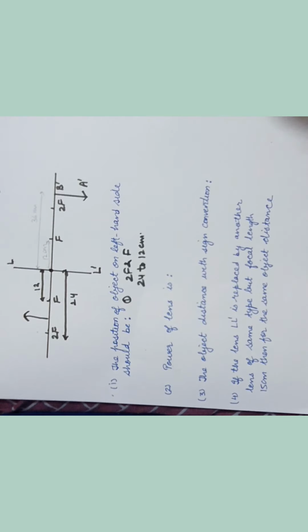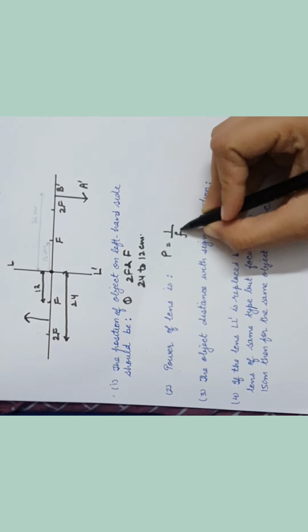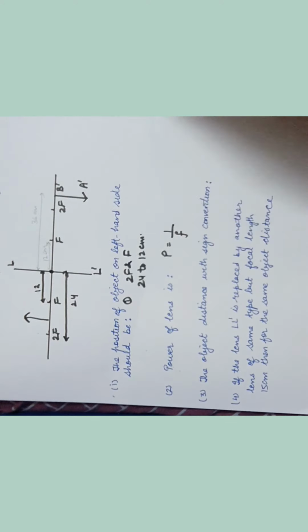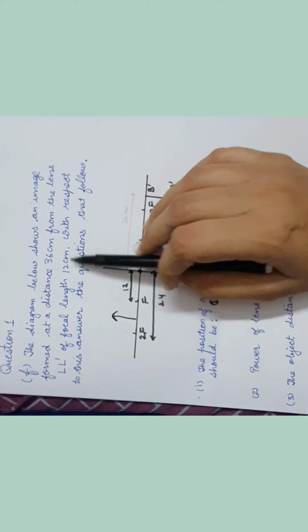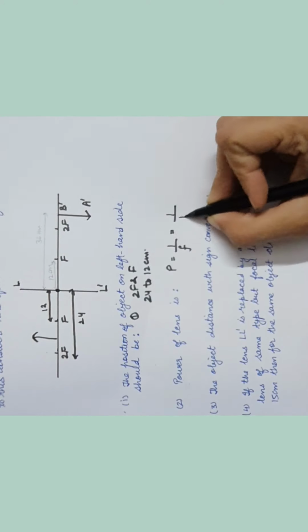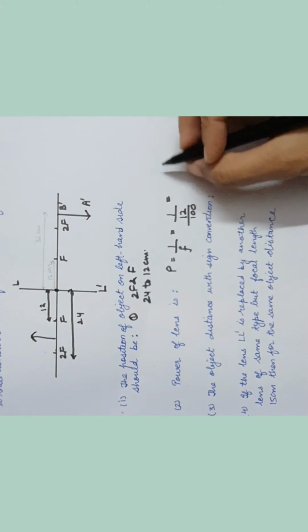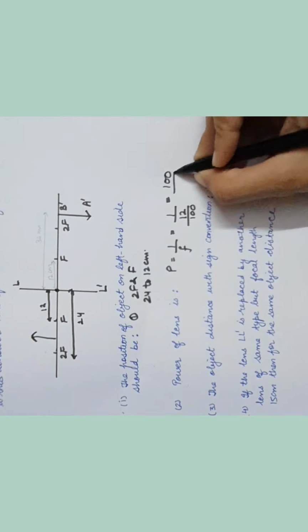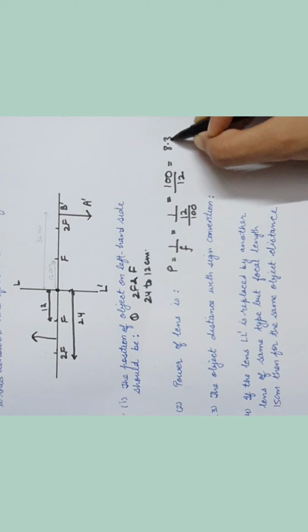Now next they are saying find the power of the lens. So power of the lens, I know formula for power is 1 by focal length and f has to be taken in meter, but in the question, as you can see, it is given 12 centimeter, right? So I can just write it like this, 1 upon 12 by 100 to convert it in meter, and when you do this, you will get 100 by 12, and you can just solve this, and what you are going to get, 8.33 D.